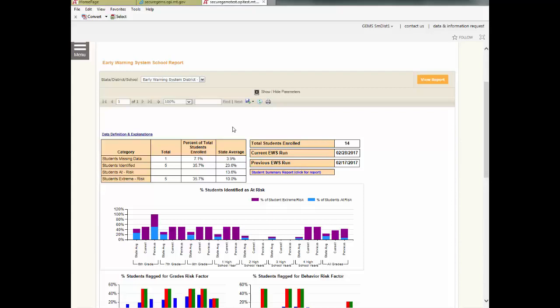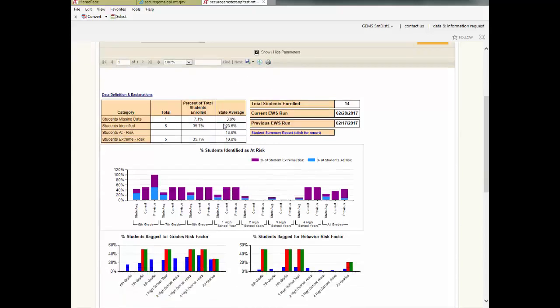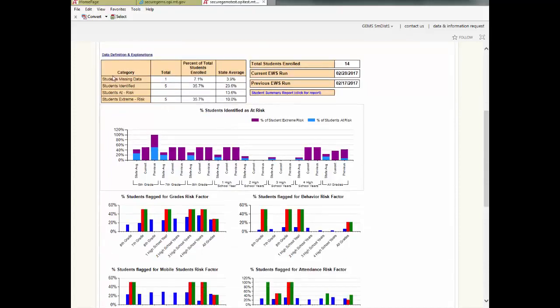Even though the school report does not have student-level data in it, this is sensitive information. To print the report, click on the printer icon. At the upper left-hand corner of the school report is a table that summarizes the risk status of students dropping out at your school. All rows in this table allow you to compare your school results to that of the